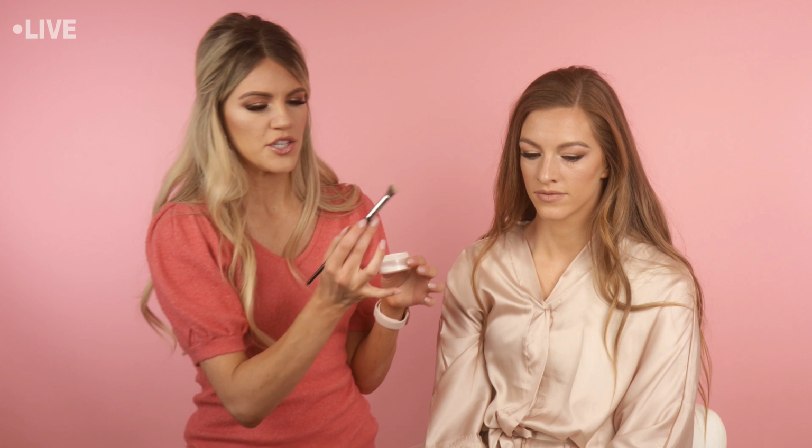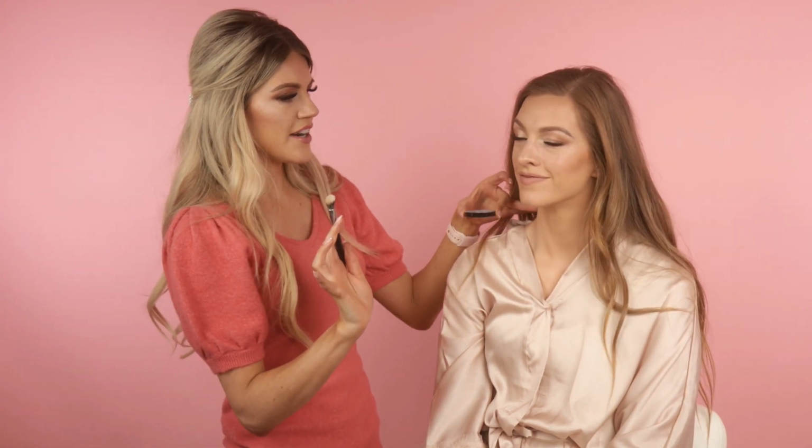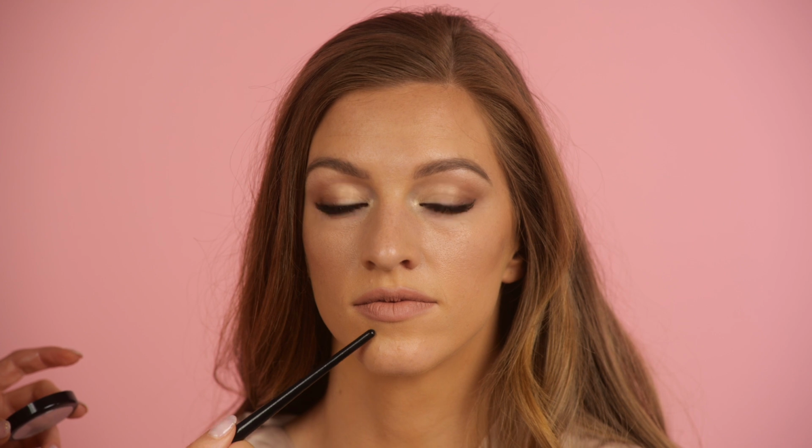So same powder. This is the RCMA No Color Powder. And let's use this brush. This is a Morphe E21 brush. This is really great because it's angled a little bit and flat at the top. It's a kabuki brush. So we're going to put that in our little pot and we're just going to press the areas of the face. So I like to do, right here gets a little shiny on me,